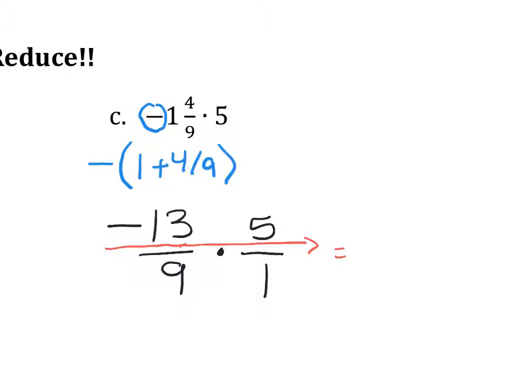I don't want to do it in my head. What's negative 13 times? Thank you. Negative 65 divided by, and then you do 9 times 1 divided by 9. And again, I don't say that you have to convert any improper fractions to mixed numbers, so it's okay to